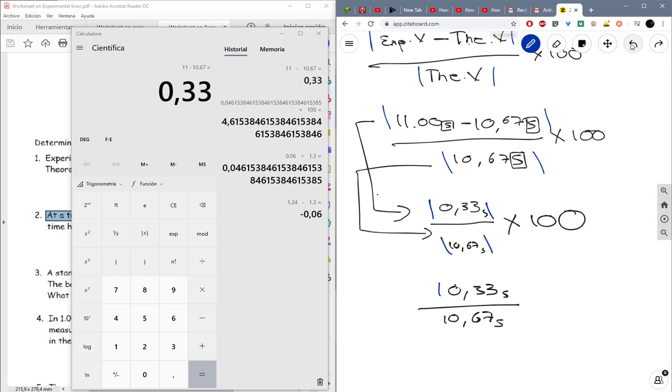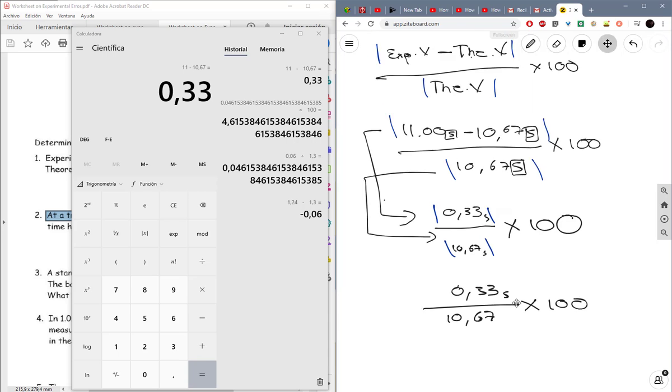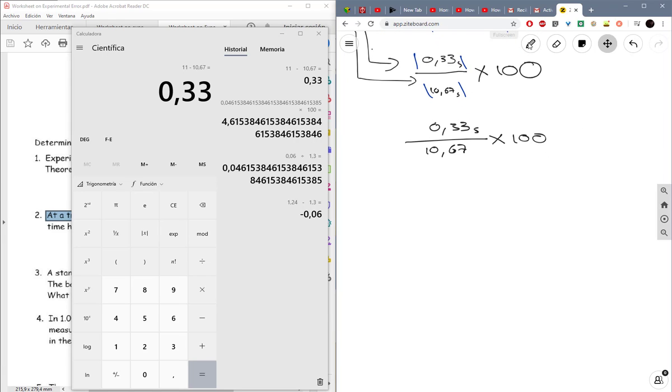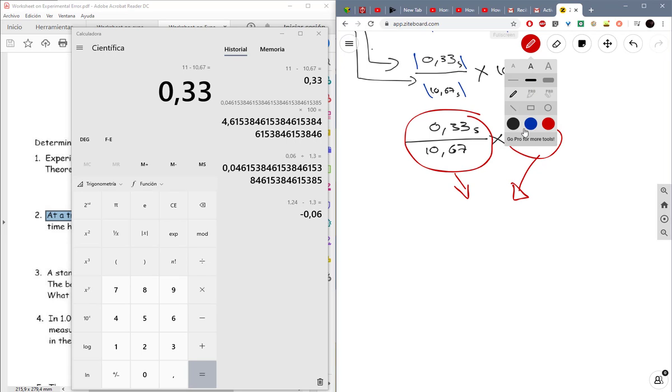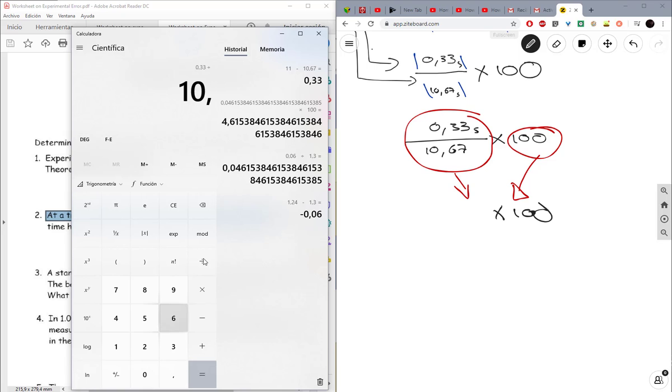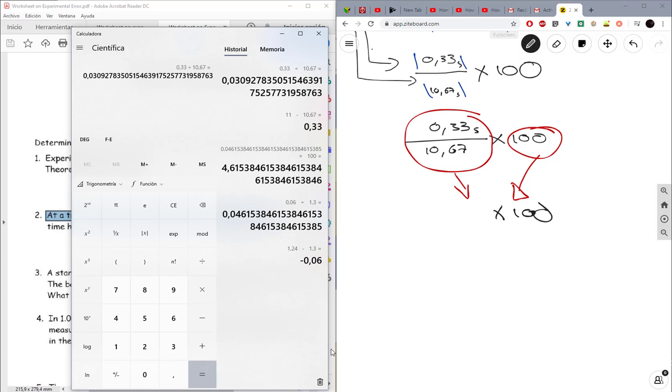Sorry. We got rid of that. We don't need it anymore. Because it made its function, became everything positive. Now let's make this division. And after that, let's multiply by 100. Okay? What is the result of this division? 0.33 divided by 10.67. And the result is